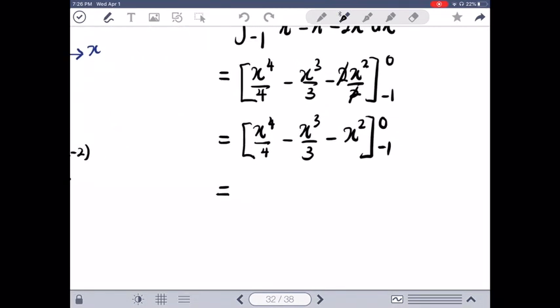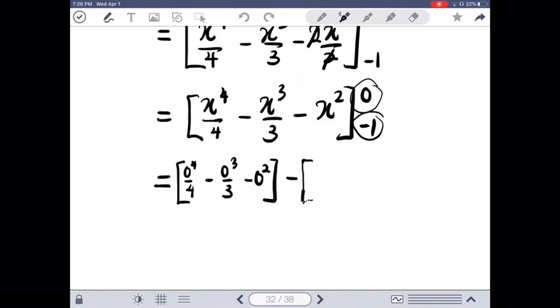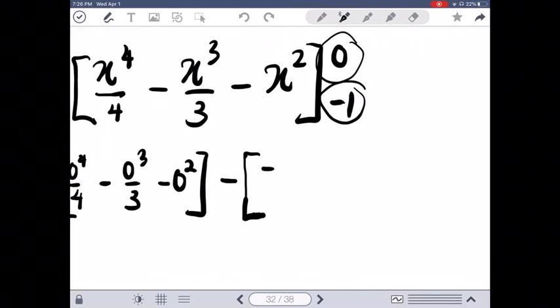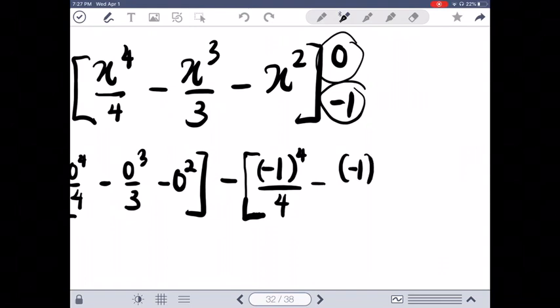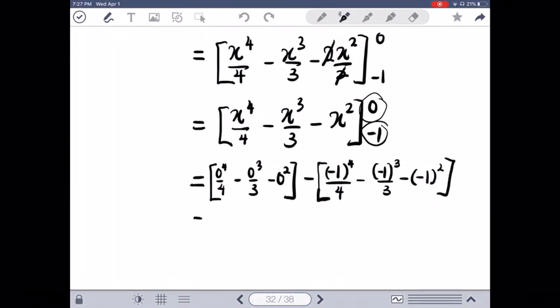So what we need to do now is to insert top minus bottom. So becomes 0 to the power of 4 over 4 minus 0 to the power of 3 over 3 minus 0 squared, minus negative 1 to the power of 4 over 4 minus negative 1 to the power of 3 over 3 minus negative 1 squared. So we will get 0 minus with